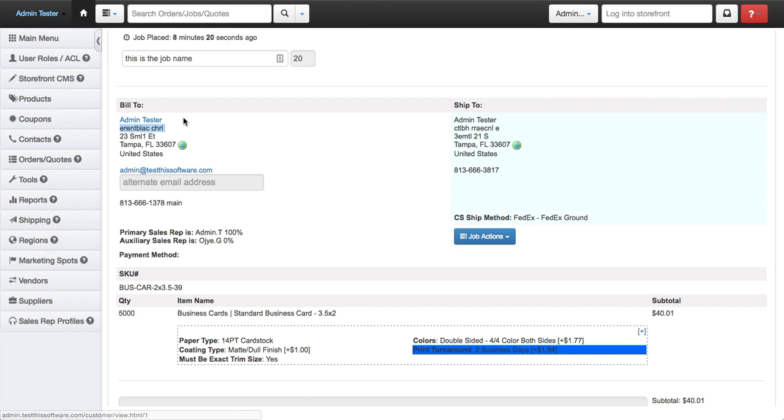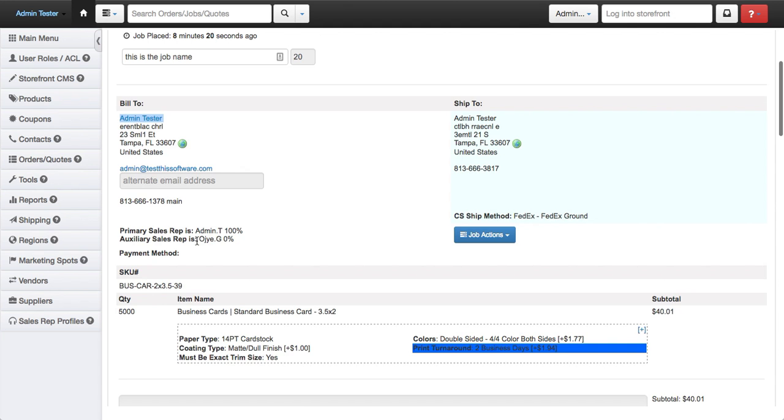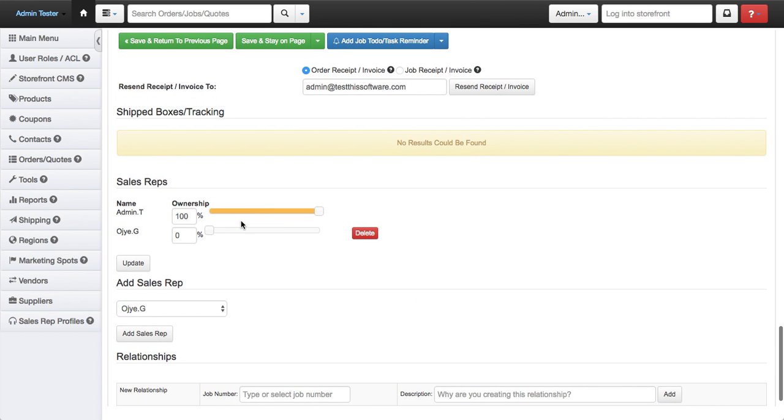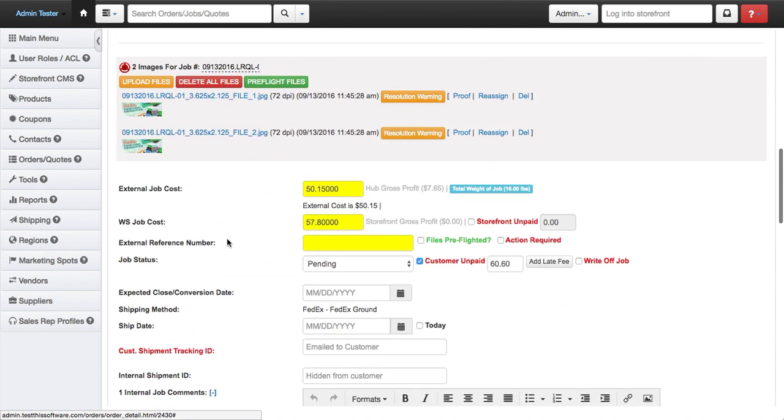In this particular customer here, admin, I can go into their settings and I can share this particular customer with somebody else. I can also do that at the very bottom. I can scroll all the way down and I can give this person 50% ownership, so they'll get 50% of the commission, and the admin T will also get 50% ownership. I'd have to click on update to do that. Okay, scrolling back up,